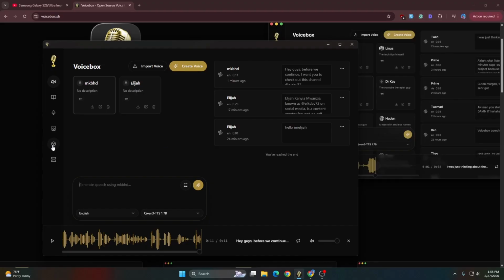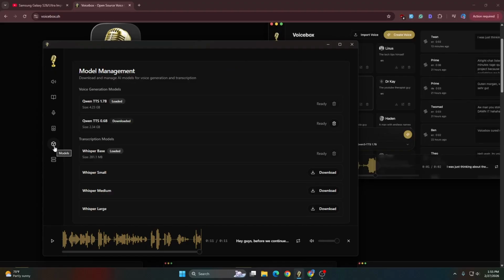over to this here, model management. Make sure you download a transcription model, that's Whisper. I have downloaded Whisper, and also QuenTTS, whichever you want to use. I just downloaded both. I am switching between them. So once you have that configured, what I want you to check is